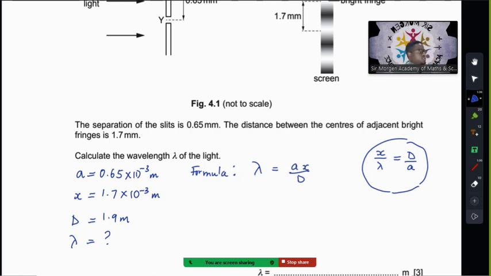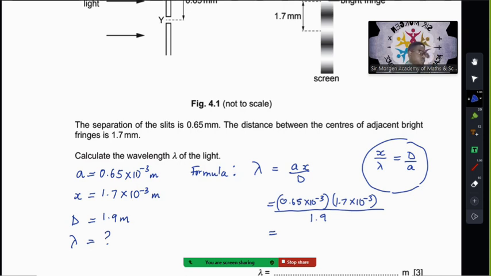That's how we write this formula in general. So if we substitute these values, we have 0.65 times 10 to the negative 3, multiplying 1.7 times 10 to the negative 3 again, all this divided by